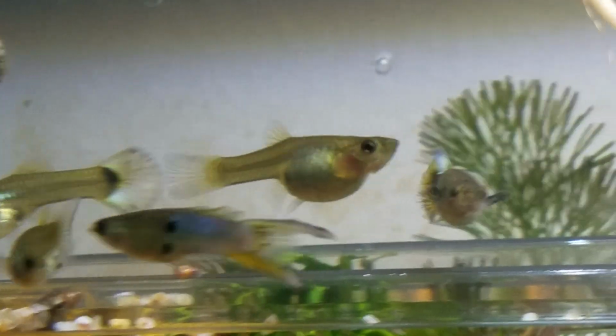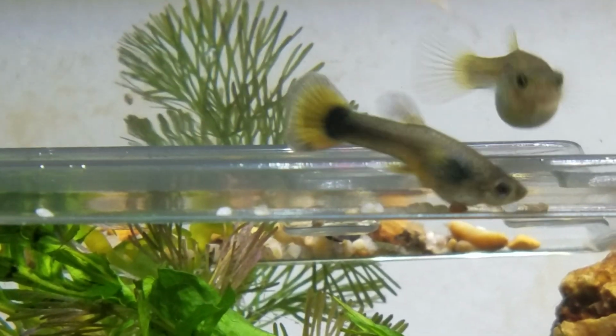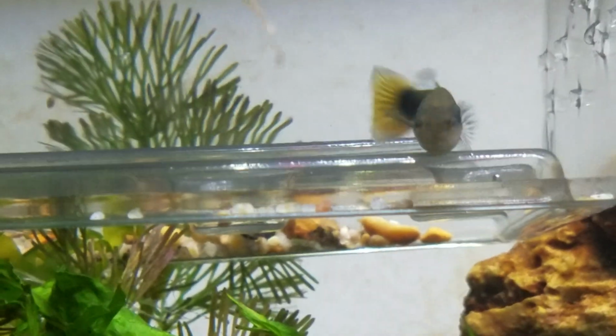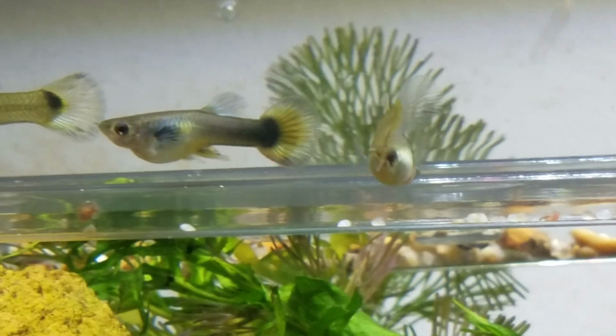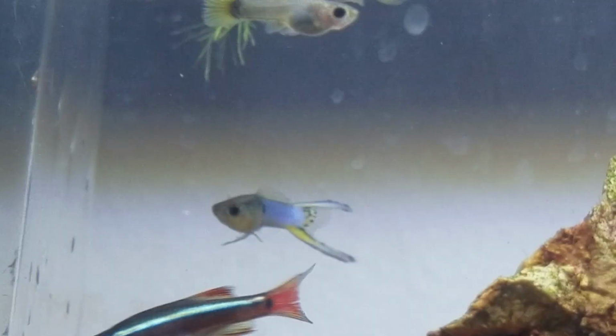You see that on their bellies, and are clearly pregnant. So even though this guy looks like he's pregnant, he's just bloated. And so he's a bluegrass and a blue Endler cross, and looks like he retained the Dumbo ears and he didn't get the lyre tail that the father had. So interesting mix, but I'm gonna separate them again, and I couldn't get a pure strain in this tank, so